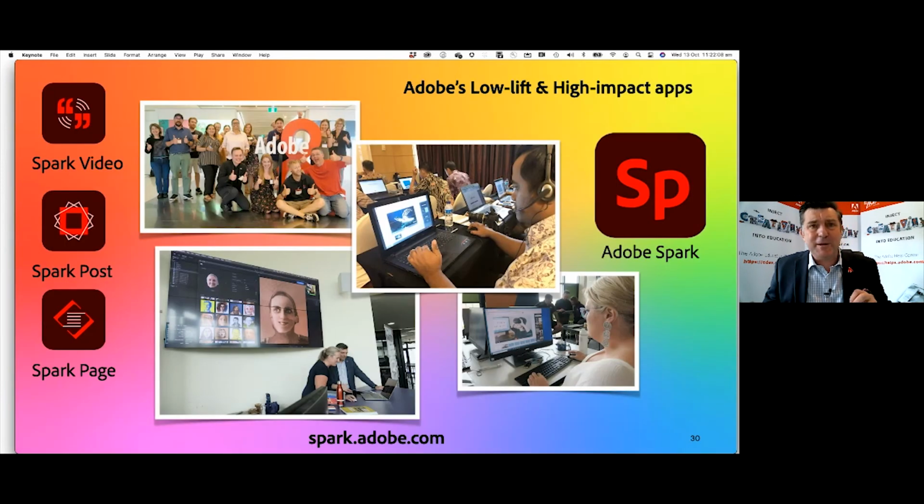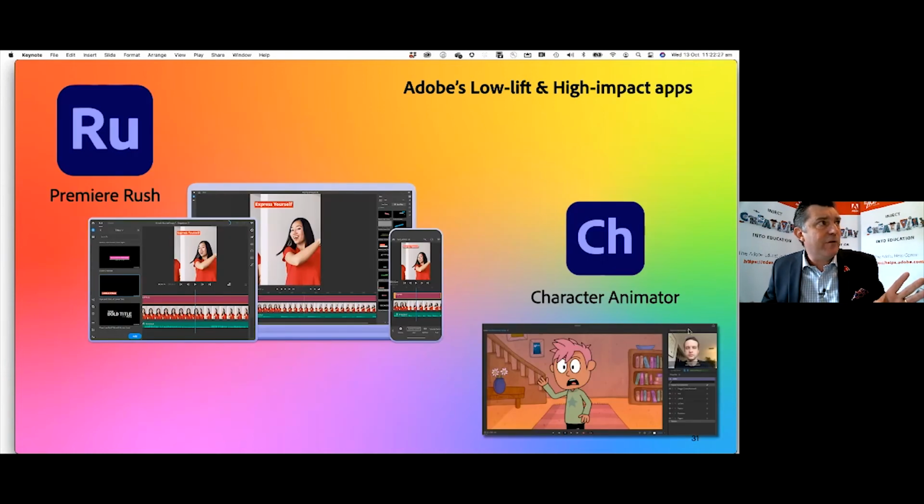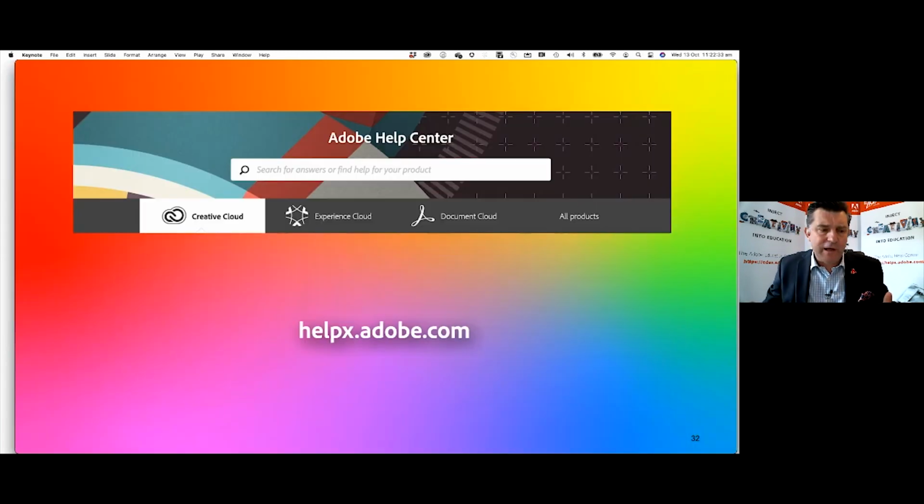I like to break up the Adobe Creative Cloud into two different categories. There's the low lift but high impact apps that don't need much, if any, real training to learn. You can create stuff in just minutes with those low lift tools. Then you've got the high-end professional tools as well. The low lift tools are like Adobe Spark and Premiere Rush and Character Animator. And the high-end tools are like Premiere Pro and, well, Photoshop kind of fits into both categories. Then you've got After Effects and Illustrator and InDesign. So you've got the best of both worlds. Tools that are used at the highest level of the multimedia industry.